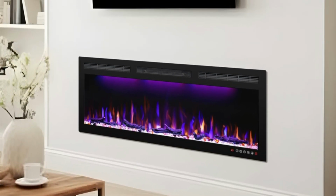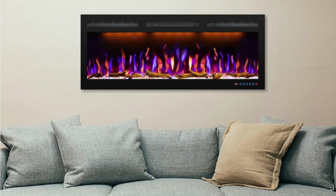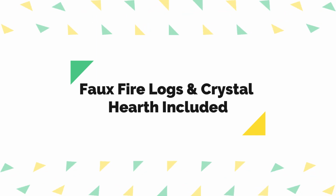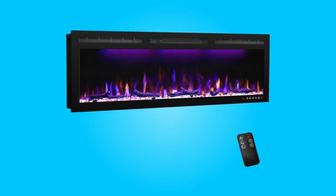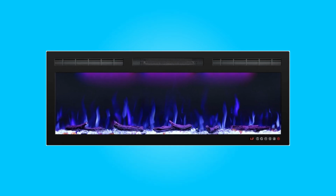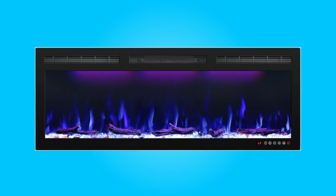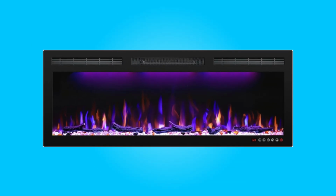The included remote control makes it easy to adjust both the heat and flame settings from the comfort of your couch. Number 4. Faux fire logs and crystal hearth included. To further enhance the authenticity of this electric fireplace, it comes equipped with faux fire logs and glass crystals that resemble burning coals. This combination replicates the look and feel of a traditional fireplace, providing a cozy and inviting atmosphere